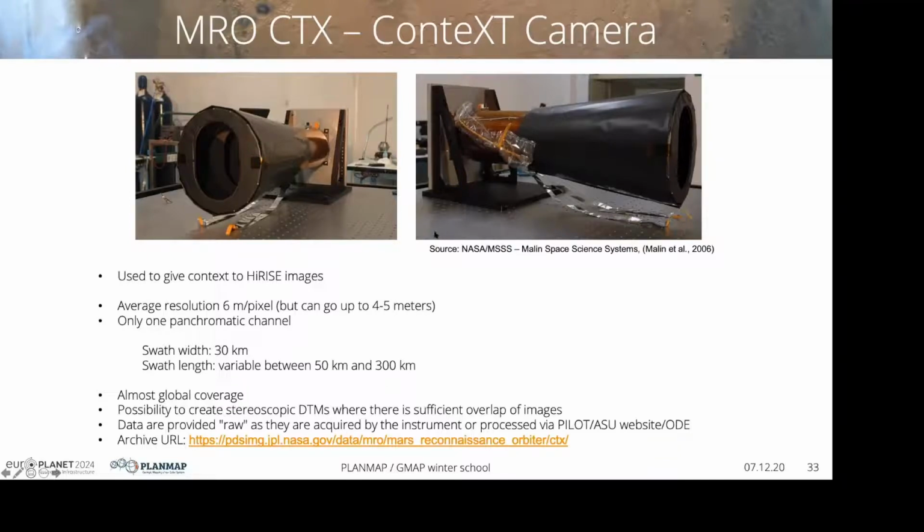Additionally, although it was not designed to, since you have such a high coverage, some of these images are overlapping. And if the observation angles and the overlap are sufficient, you can create stereoscopic DTMs. It's not designed for that. You have to cherry pick the image pairs, but still you can try and make some very beautiful DTMs with